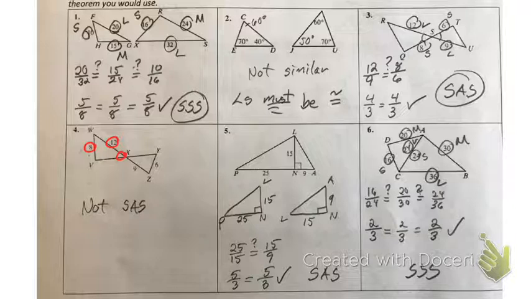The very last one went back to kind of the easy mode where we just had to circle which ones were small, medium, large in each one. So my small here was 24, medium was 30, large was 36. On the other one, my small was 16, my medium was 20, and my large was 24. So I said, well, my smalls are 16 over 24, has to match up with my mediums, which was 20 over 30, had to match up with my larges, which was 24 over 36. They all reduced to be equal, side,